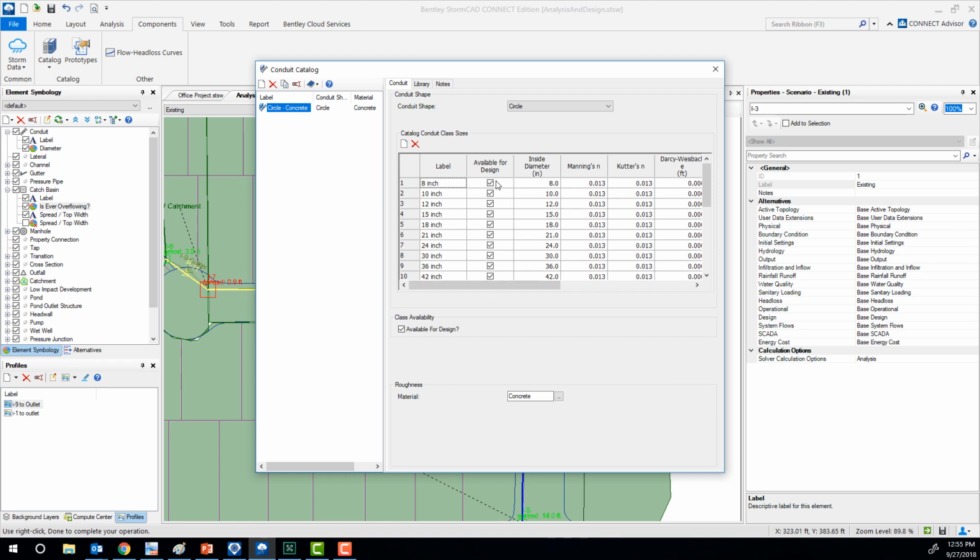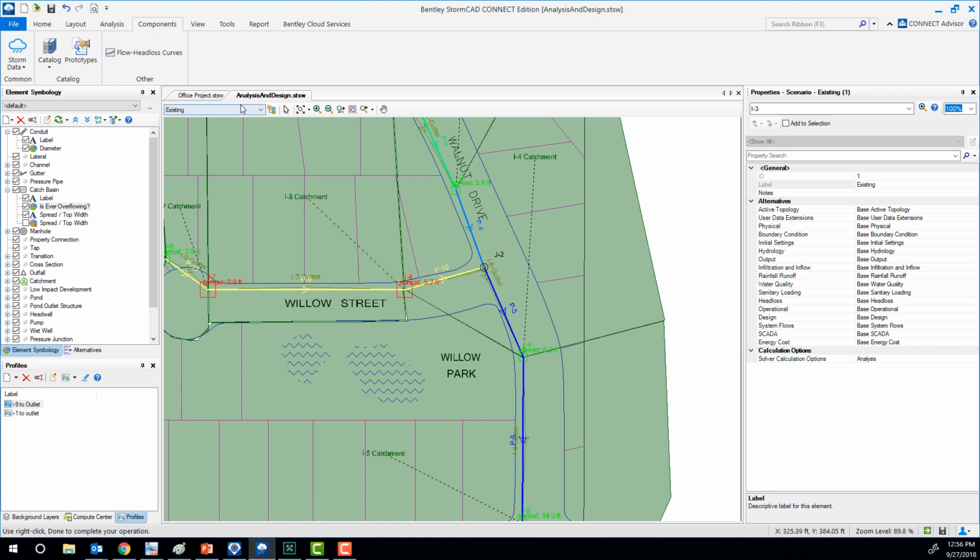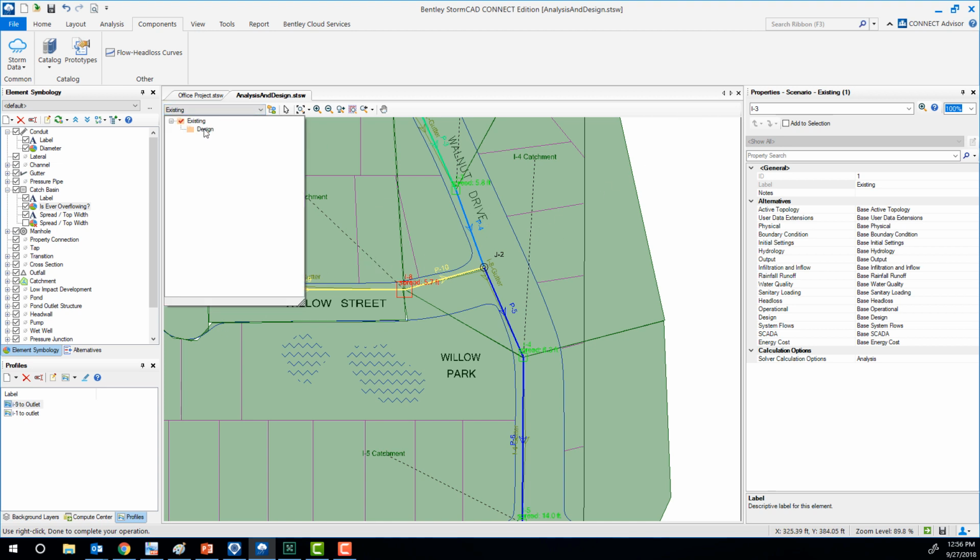Okay, so it can choose from the 8-inch all the way to 120-inch diameter concrete pipes. All right, so we run it, and this is what the design